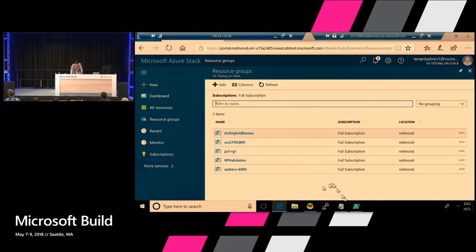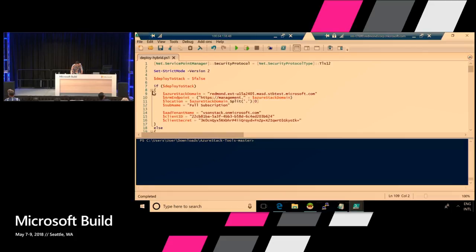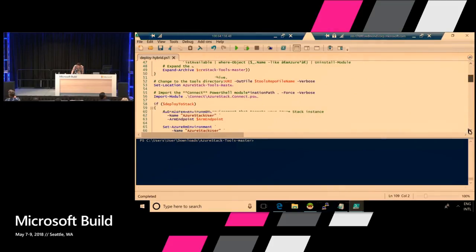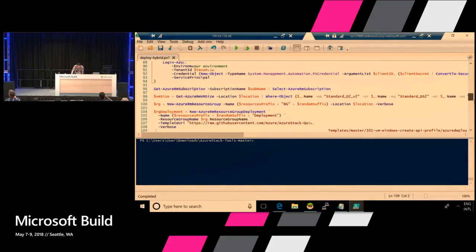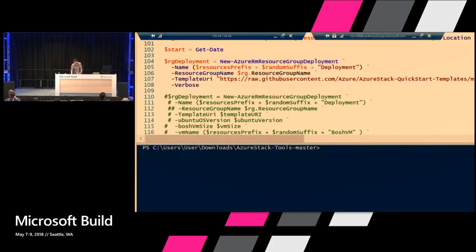And what I like to do is switch to PowerShell. And I won't go into much detail of what this particular script does. But basically, if you look all the way to the end of the script here, there is a deployment call, right?